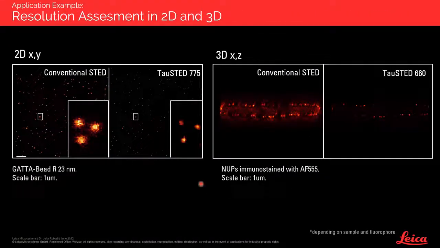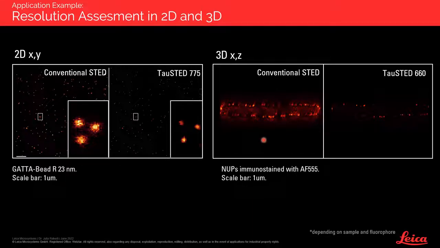Of course, we can push the limits of resolution, and we can do it with tau-STED in 2D and in 3D. So in this case we have here on the left a technical sample, gold beads of a nominal diameter of 23 nanometers, and we can see that we can really push the resolution while keeping an excellent signal in 2D for the resolution assessment